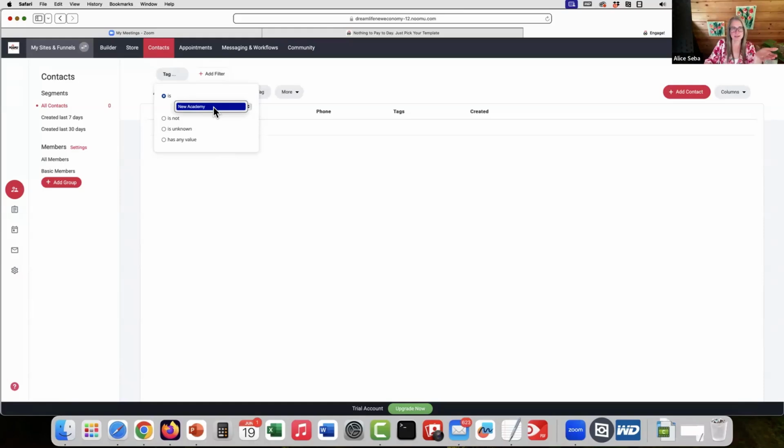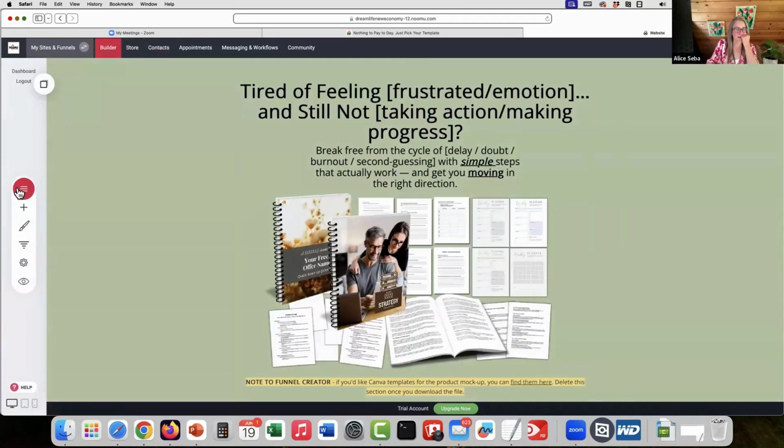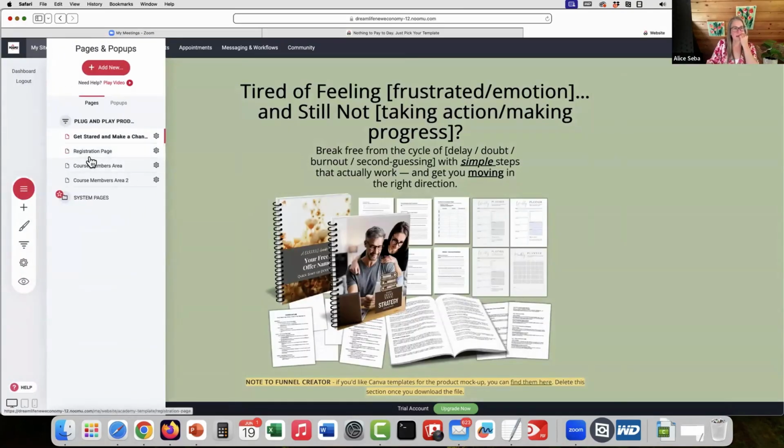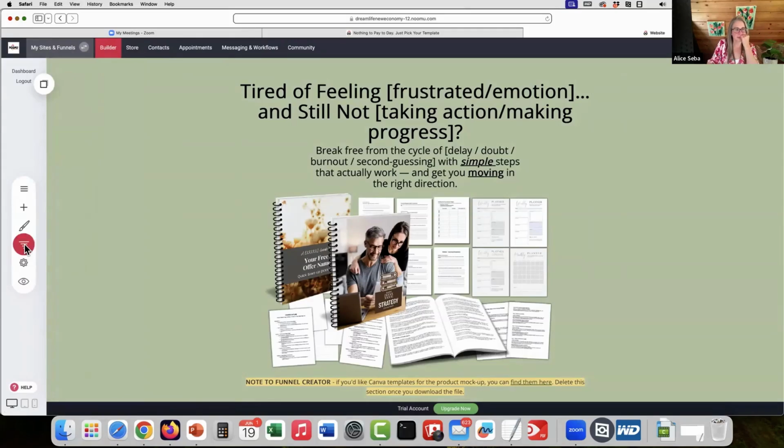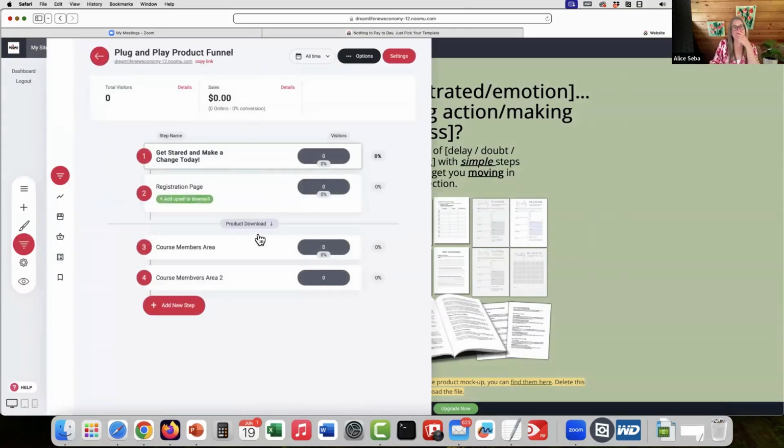So if you have a bunch of tags, they're easy to find. You don't have to remember what the tags are. Or if they don't have a certain tag, then you can move people around. So you have lots of control over how that works. And so then the next part of the funnel, I'll go to the funnel settings, was that once they have